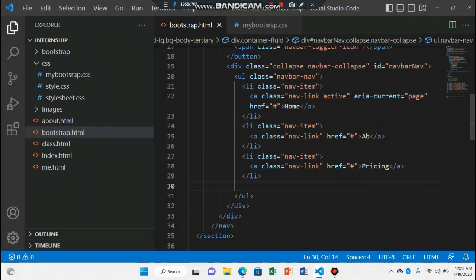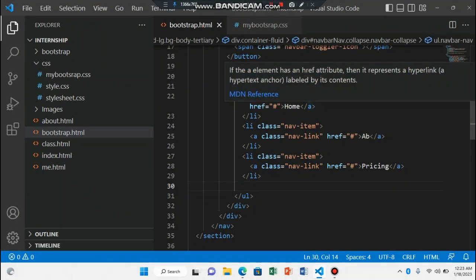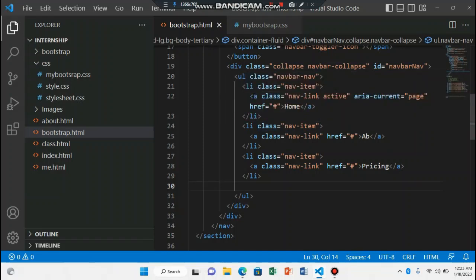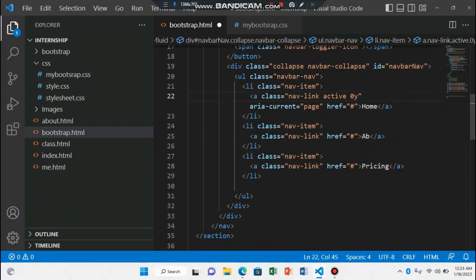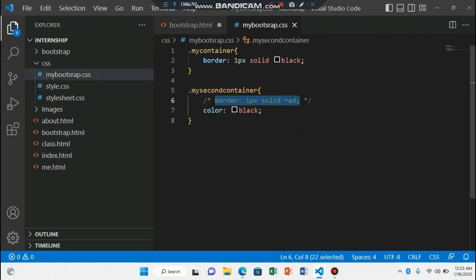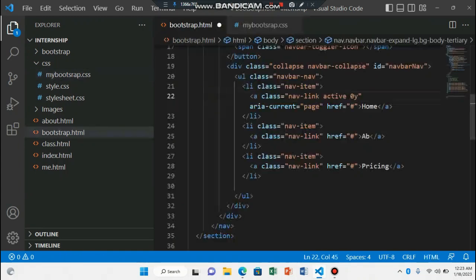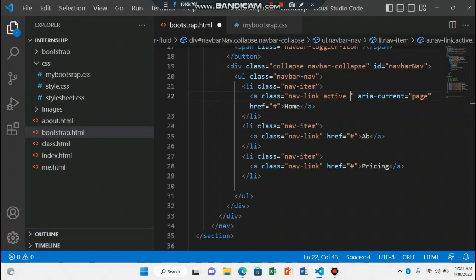Apart from that, I can decide to change the color of the menu, but I want you to try and figure that out yourself. All you have to do is include another class in your a tag, let's say mine, inside the a tag. Then you go to your own CSS and pick your attribute and change it like we did previously, but I don't want to stress myself doing that. Okay, so if I save,